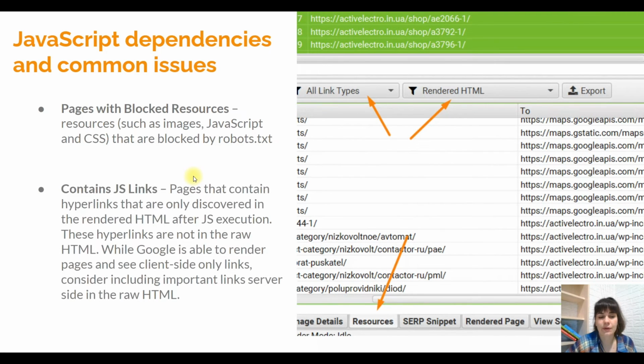Another example of an issue is JavaScript links: pages that contain links that are only discovered in rendered HTML after JavaScript execution. These links are not in the raw HTML, and Google is able to render a page only after it has already crawled the page. So if it's important for you to insert a noindex or canonical tag or some special element, consider adding it to the HTML also, and review which resources appear only after rendering